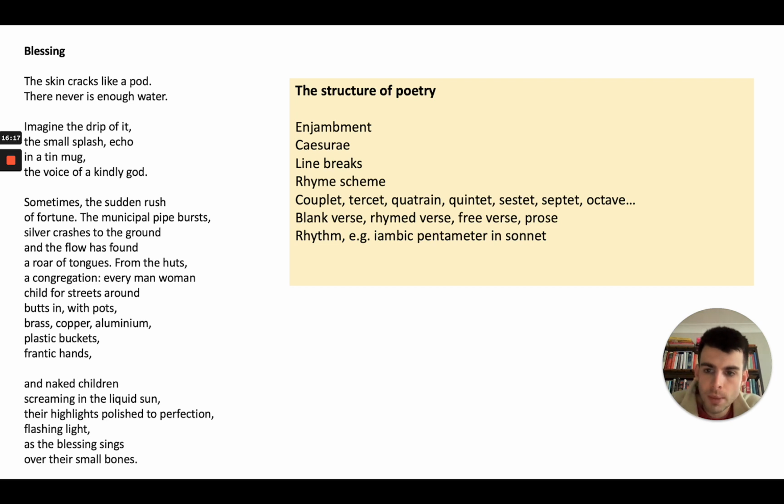The structure of poetry generally, it's worth knowing what these things mean. So we talked about enjambment. Caesurae is the plural, caesura is the singular, and there are a few examples in this poem, three maybe, probably count the colon, where the sentence ends within a line. You can think about the effects of that. Line breaks. The poet has chosen to finish each line on this word. So you've got to ask, why has she moved on to a new line at that point?